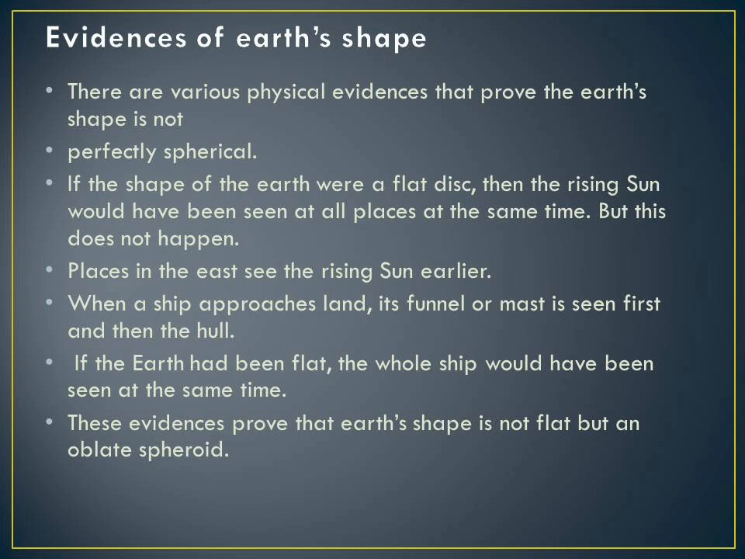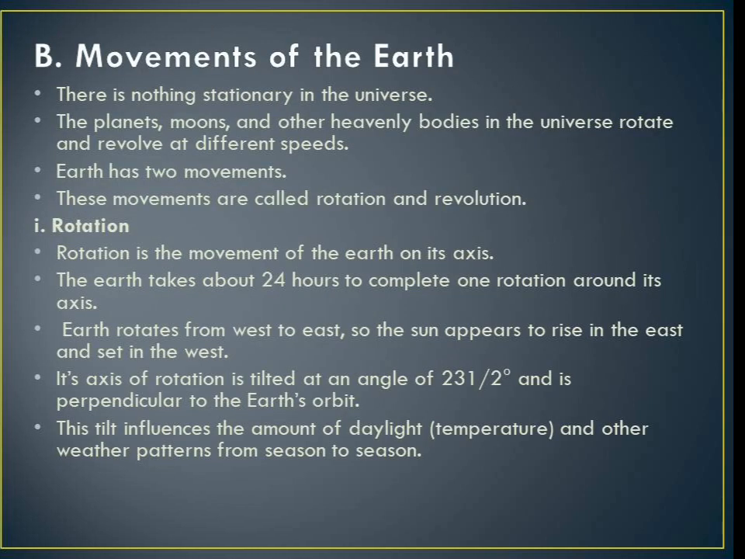Evidences prove that the shape of the earth is not flat, but it is an oblate spheroid. The other one is movements of the earth. There is nothing stationary in the universe, which means everything found in the universe undergoes revolution and rotation. The planets, the moon, and other heavy bodies found in the universe rotate and revolve